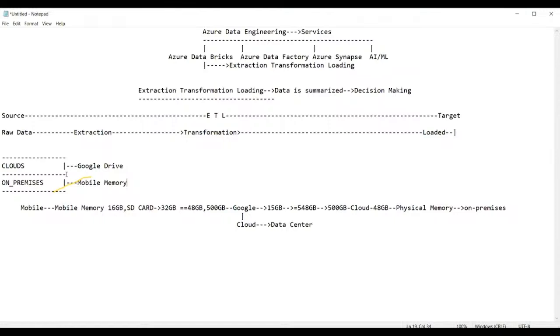So now, as individuals, we still want to move the data from the physical memory to Google Drive memory. In the same way, many corporates are planning to move, or are moving, from physical data to cloud data. For that, many cloud providers have come out to provide the support. The following are the cloud providers we have.